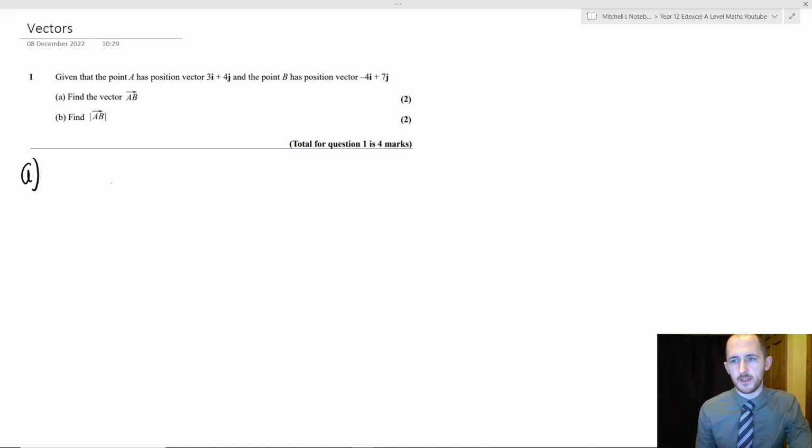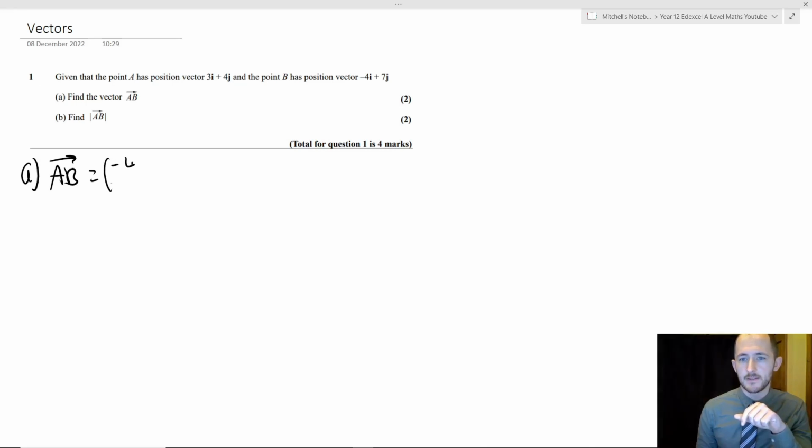What I would like to do here, to make it a little bit easier, is turn those vectors into column notation just for the purposes of calculating. In this case I believe it's easier, but in some other cases it could be trickier, but we'll leave it as this for now. So to get A to B, we take vector B and subtract vector A from it. So we're doing this minus